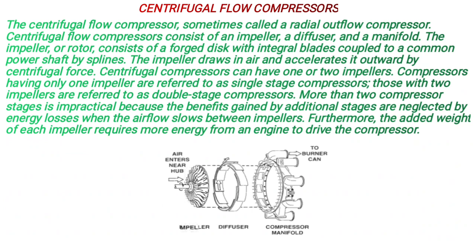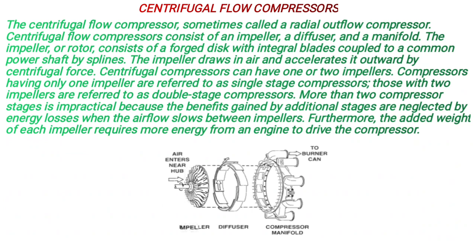In the impeller, air is drawn into the center of the rotating impeller with radial blades which push the intake air away from the center by centrifugal force. This radial movement of the air results in an increase in pressure and generation of kinetic energy. Thus, this high pressure air moves from the impeller to the diffuser. In the diffuser, there is a further increase in the air pressure and this high pressure air is moved from the diffuser to the compressor manifold. From the compressor manifold, this high pressure air is delivered to the combustion chamber.